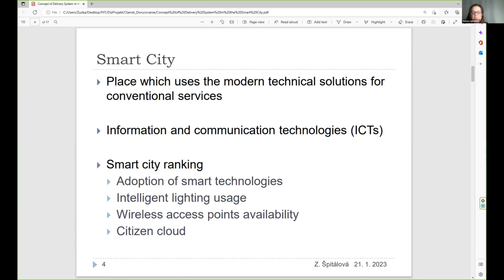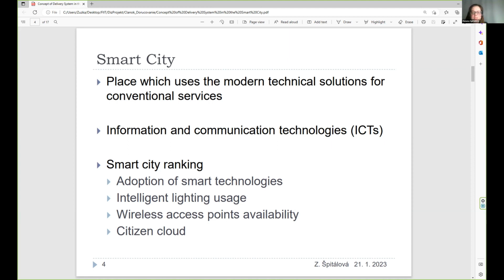And there are various aspects which are taken into consideration when we talk about the smart city. The main focus is the integration of urban technologies, sensors, and any personal device. And as I mentioned, this personal device can be every personal mobile phone and every app which runs on this mobile phone.